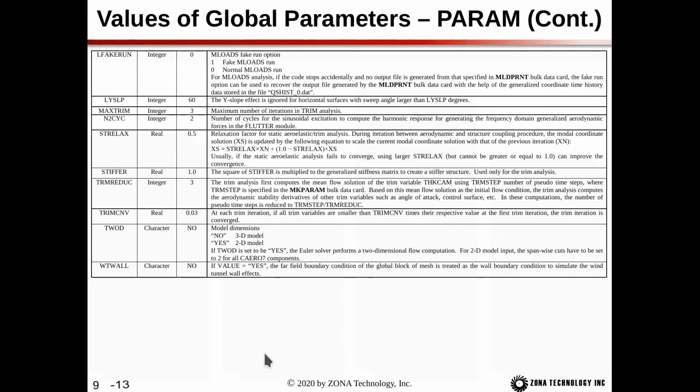cycles. Now only the last cycle is used when we perform the inverse Fourier transform to get back the frequency domain GAFs. So if you want to just run one cycle, you could change this to 1. However, that's not recommended because the very first cycle may have some initial transient response that you don't want. So the default is 2 to get rid of all those unwanted transients on the first cycle, and then by the second cycle, we're assuming that we're fully within the purely